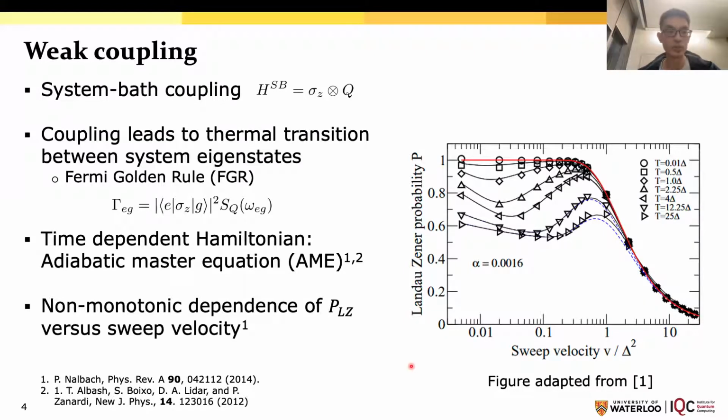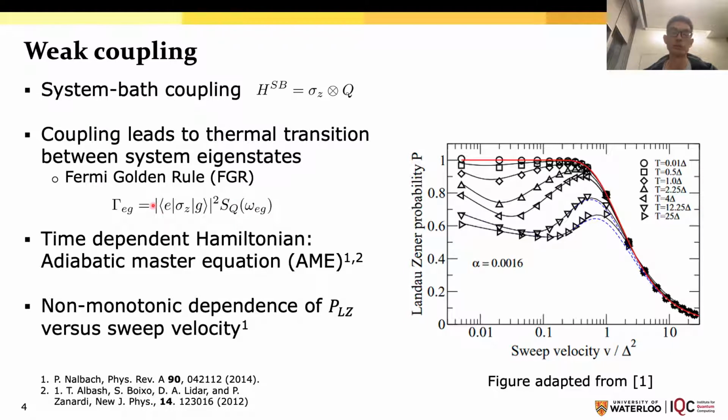on the Landau Zener transition, we usually consider the system as having a coupling that is proportional to the sigma z operator of the system, coupled to some environment operator Q here. And in the weak coupling limit, that's the limit where the environment causes thermal transitions between system energy eigenstates, and that can usually be captured by the Fermi golden rule,